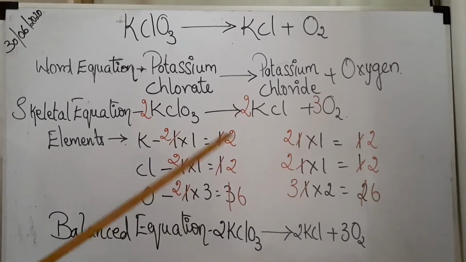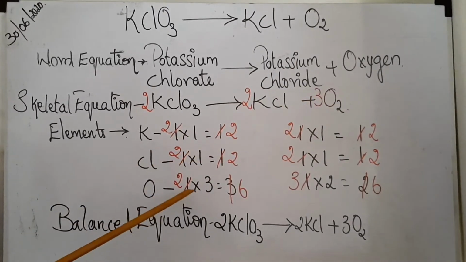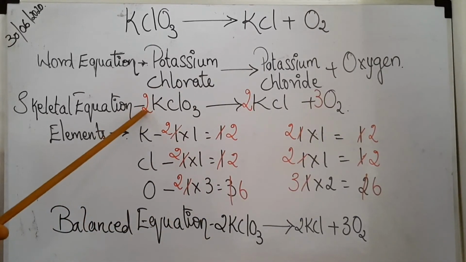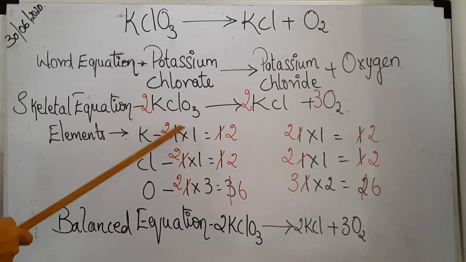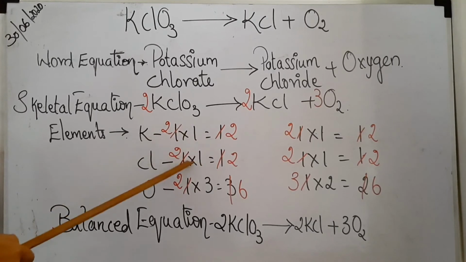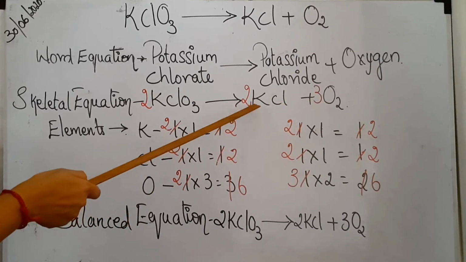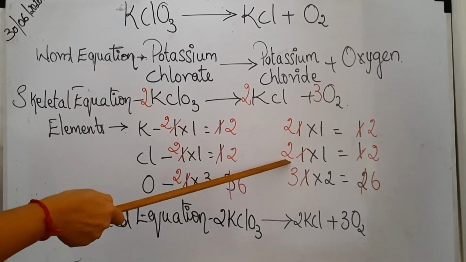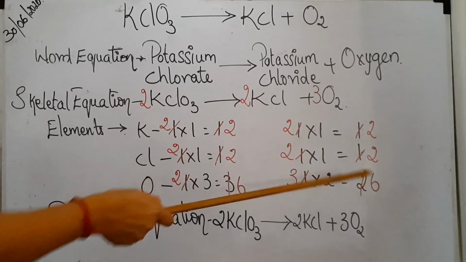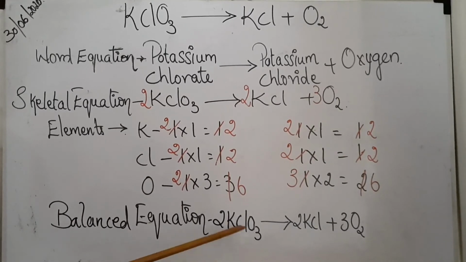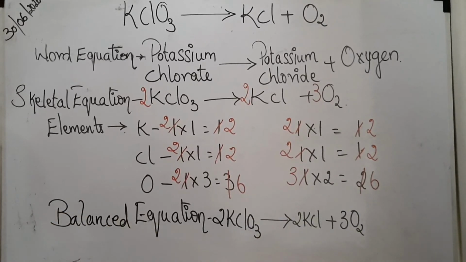Easy, right? Shall I tell you again? First, we balanced oxygen. What did we do? We added 3 here, made these 2 as 6. So we added 2 here. Now we see that potassium and chlorine both have also changed. We make the change here. Then to balance these two on the product side, we add 2 here and balance it. Clear, children? Now it is balanced. On both the sides it is balanced. So the balanced equation is 2 KClO3 gives 2 KCl plus 3O2. Okay, children?